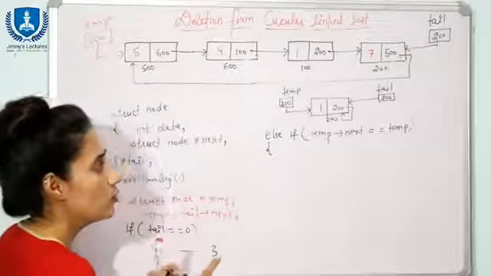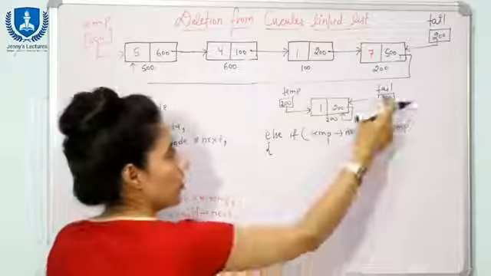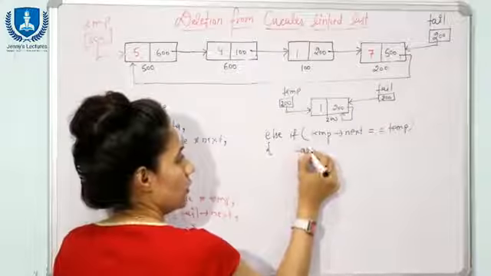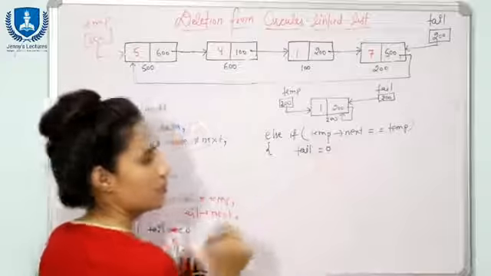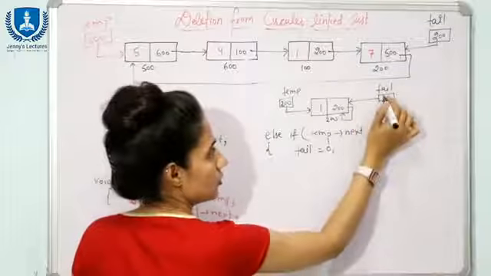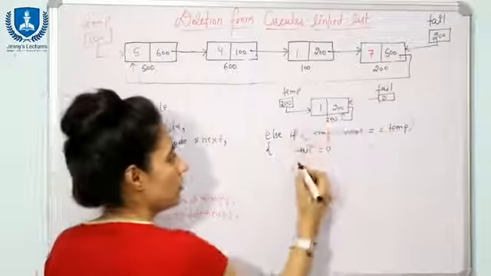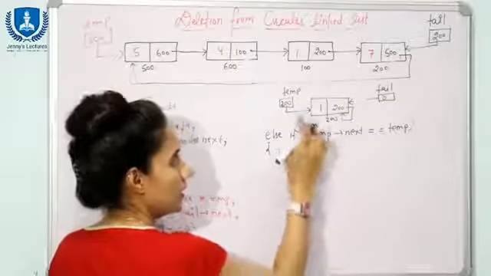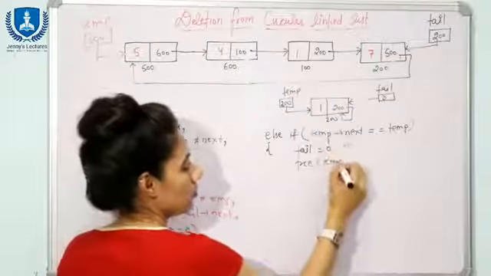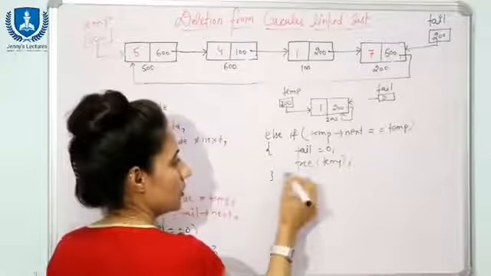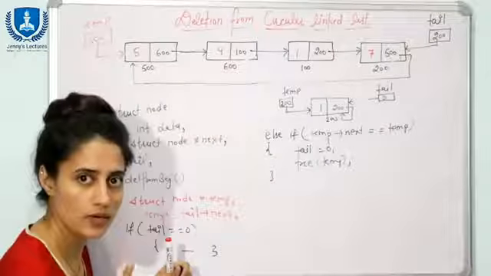So now what you will do, simply you need to update this tail. So here you can write tail is equal to 0, means tail is 0. You have broken this link. And now you can free this memory. Here you can write free, temp is pointing to this node, so here you can write free this temp, right?